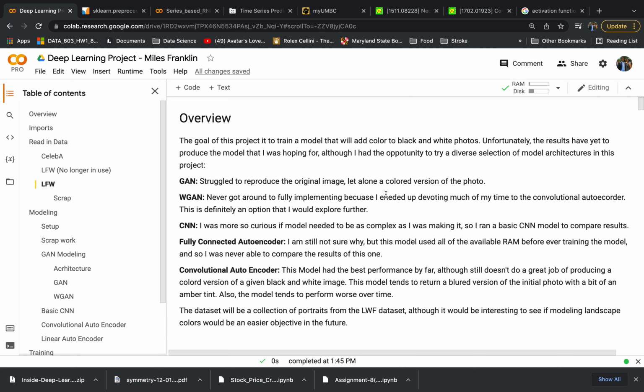The project that I tried to accomplish was taking black and white photos and training a model to learn color for those photos in a smart way. I tried a collection of models, as we can see in bold: a GAN, WGAN, convolutional neural network, fully connected autoencoder, and a convolutional autoencoder. A lot of the reason for so many models was just that I never got the results that I was